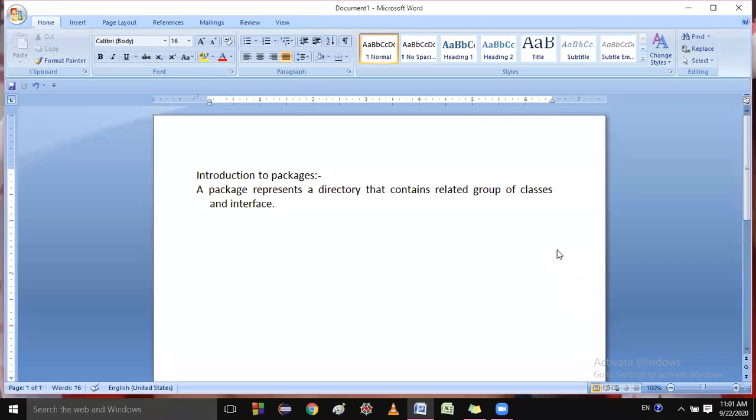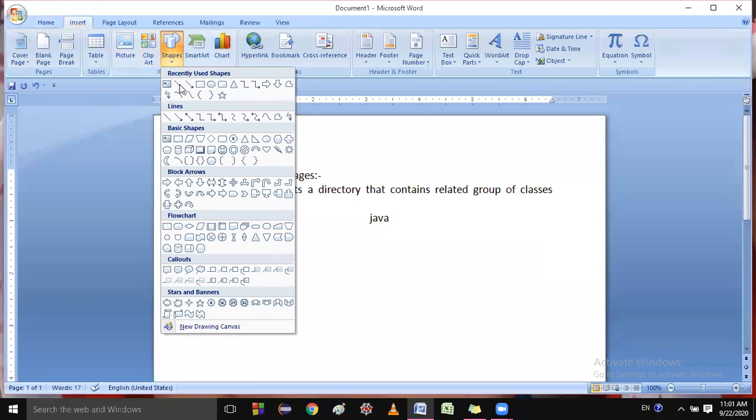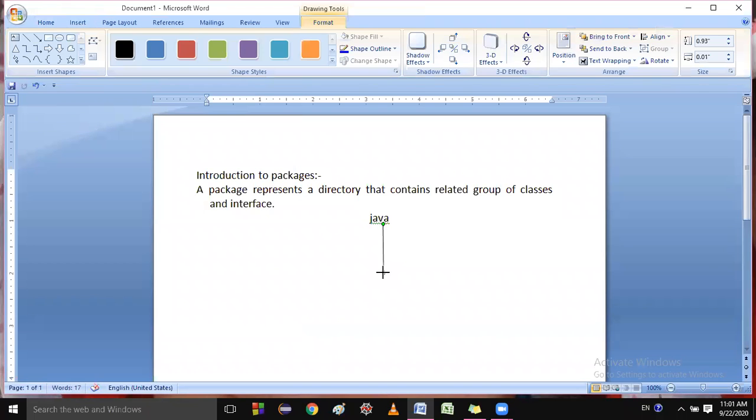Because they are in different packages, they will not create a problem. Let me draw a figure that will show you the different parts. Java has different packages.